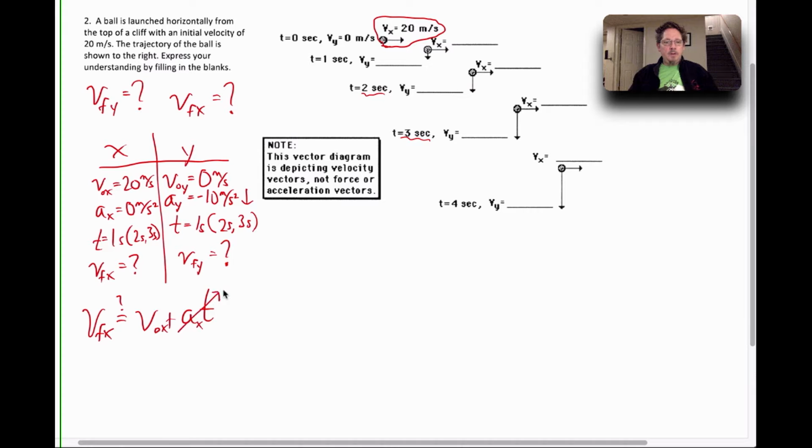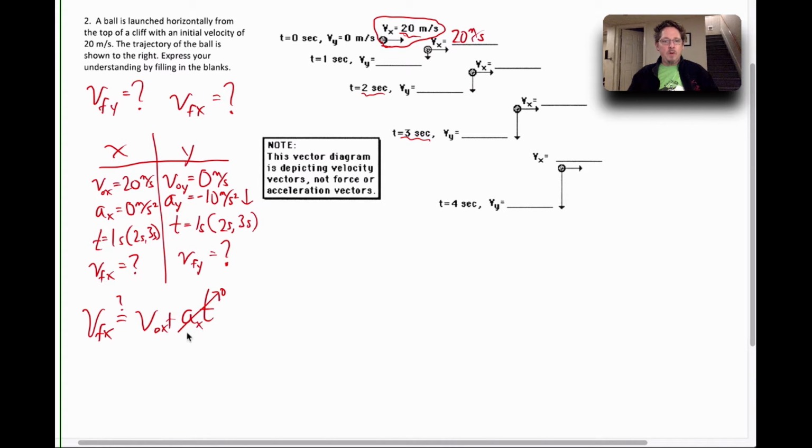And I'm going to zero this part out because the x acceleration is 0. So the v final x equals the v original x. Really? Yeah, that's all there is for the x velocity. The final x velocity is constant when we have a projectile. So whatever initial x velocity it has,